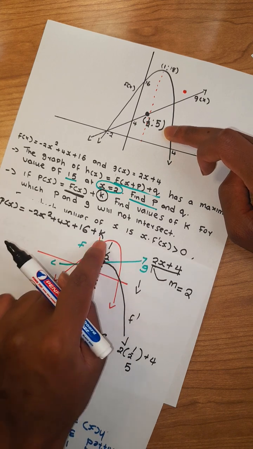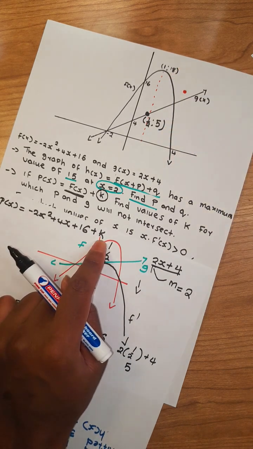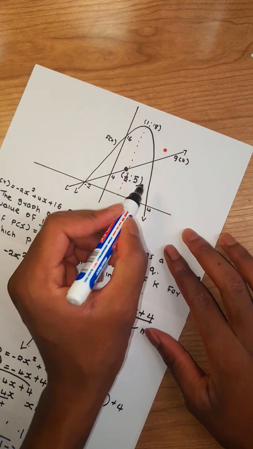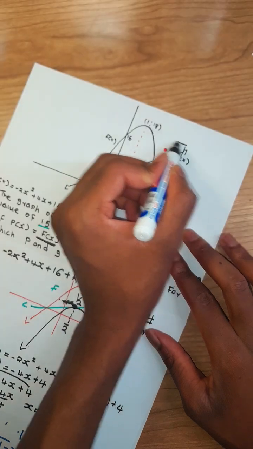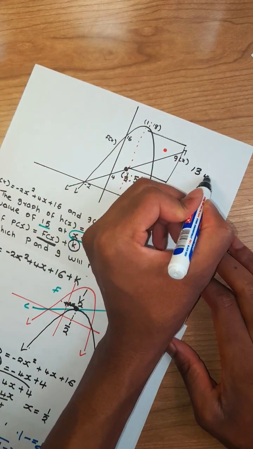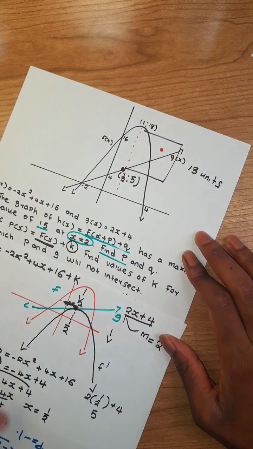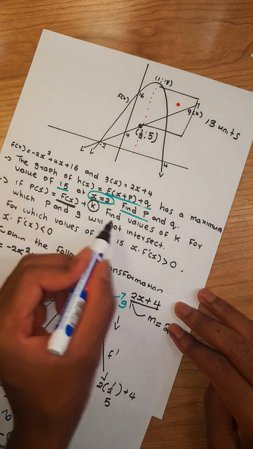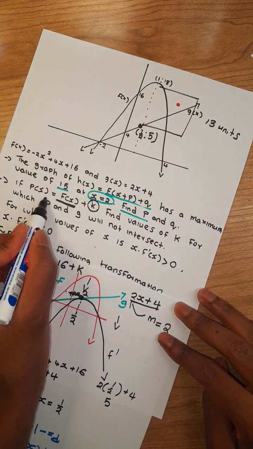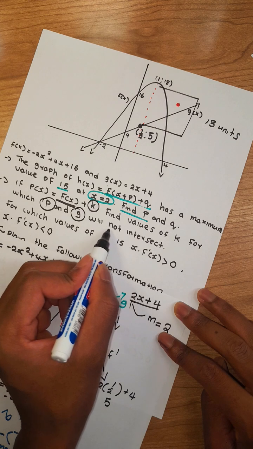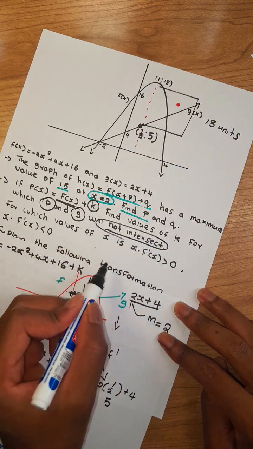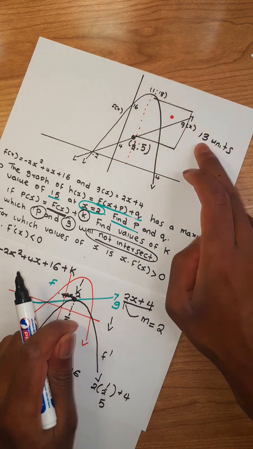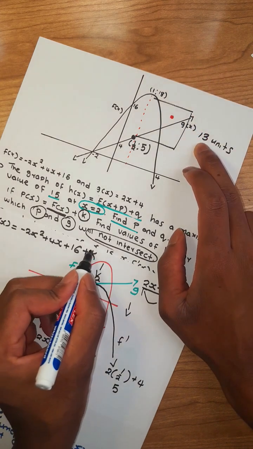So what is 18 minus 5? 18 minus 5 equals 13. It means that the distance between these 2 points is 13 units. So in other words, in order for p and g to not intersect or not touch, the graph of f at x needs to be shifted downwards by 13 units. So it means that this value of k is going to be